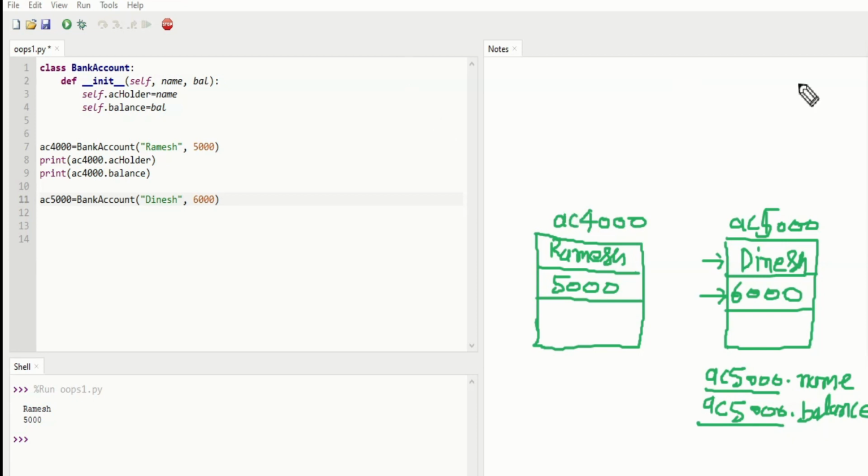So here I am creating another object. Here I have already created. Thereafter I want to print the name of the account holder whose account number is 5000. So I just need to use print